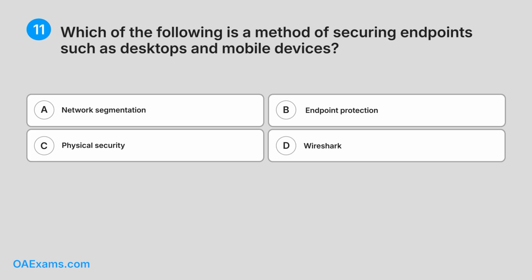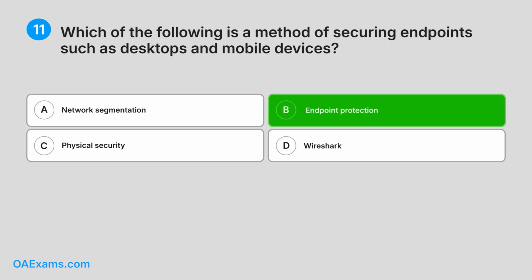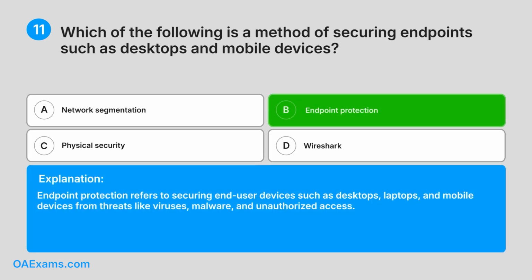Correct answer: B. Endpoint protection. Explanation: Endpoint protection refers to securing end-user devices such as desktops, laptops, and mobile devices from threats like viruses, malware,